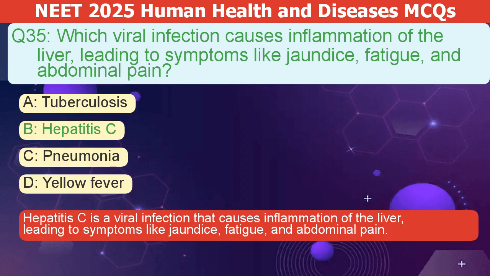The correct answer is B. Hepatitis C is a viral infection that causes inflammation of the liver, leading to symptoms like jaundice, fatigue, and abdominal